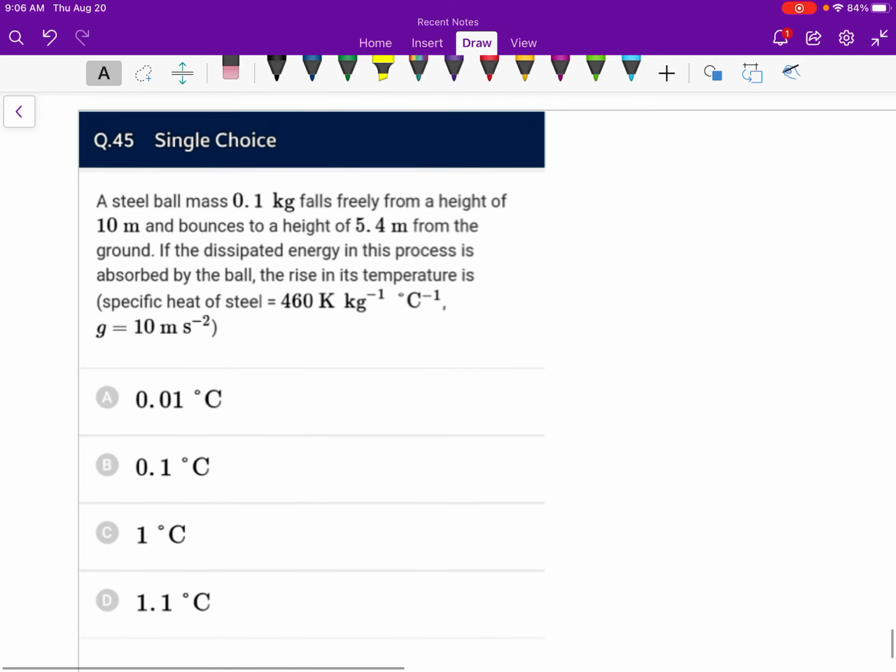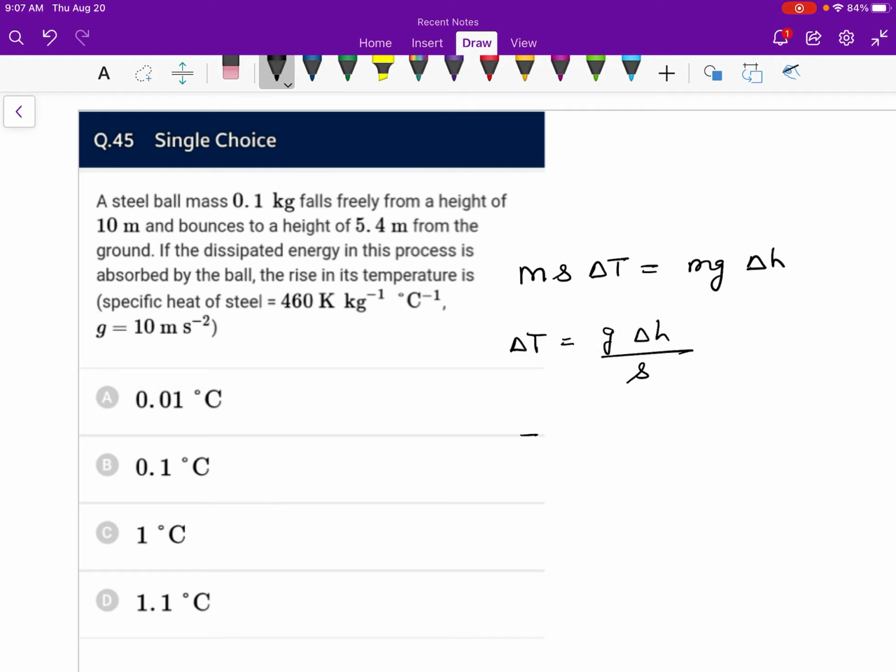Now the last question: a steel ball of mass m falls from height h and bounces to a height h2. If the dissipated energy in the process goes into internal energy, then the rise in temperature is, so ms delta T is equal to mg delta h. So delta T is g delta h upon s, where g is 10, delta h is 10 meter minus 5.4 meter, that is 4.6, and s is 460. So this is 1 by 10, so 0.1 degree Celsius. So B is the correct option. So that's all for